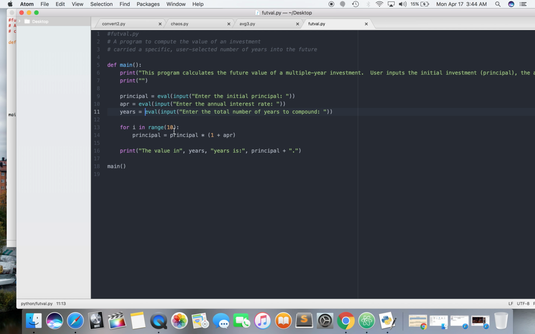So for i in range 10, this isn't gonna be range 10. This is gonna be years. So let's put the i in range years, but is that going to be really a range? Yeah, I guess it could be, because what the program is going to do is it's going to print out the value. Yeah, it's gonna print out a whole bunch. So if it's years, so let's call this